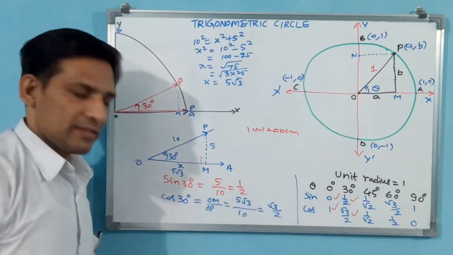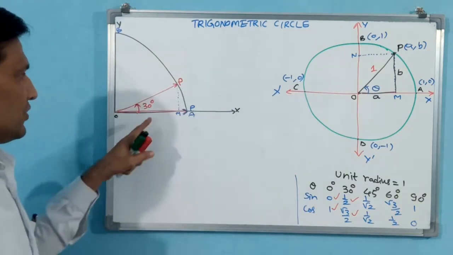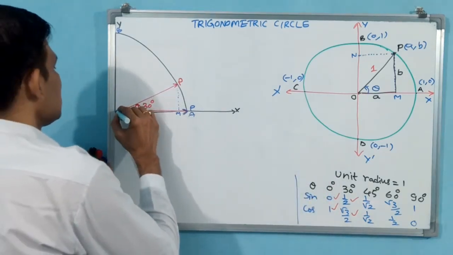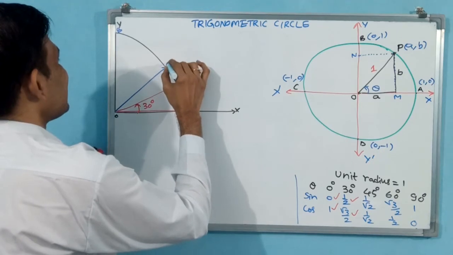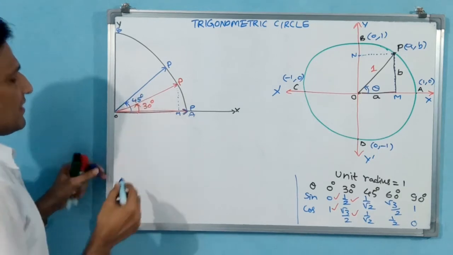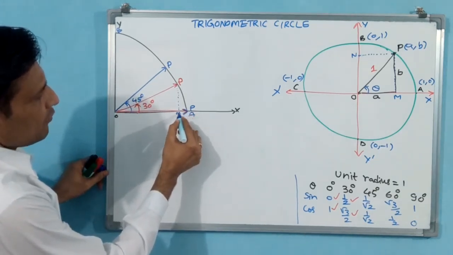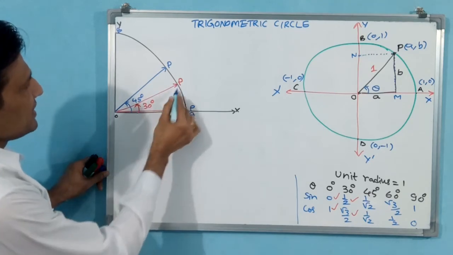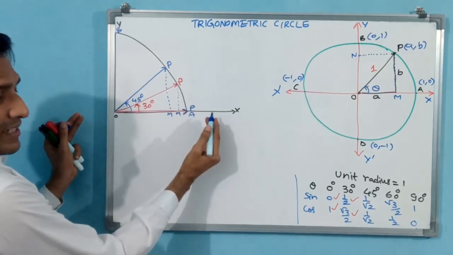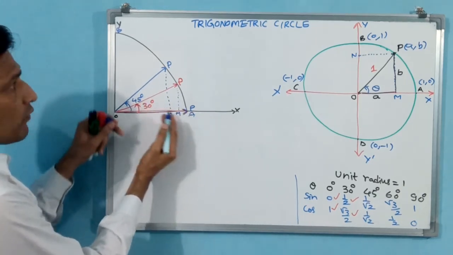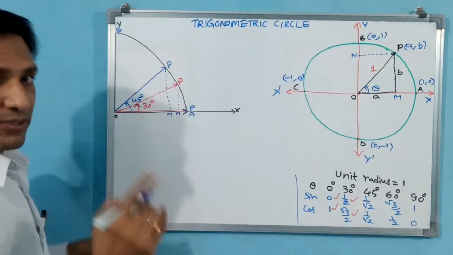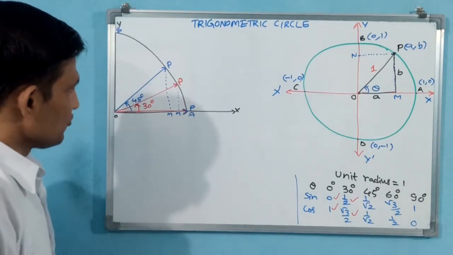Let us go for 45 degrees. Now I am going for 45 degrees. See, for 0 degrees and 30 degrees we have proved the results. Now this is 45 degrees. You see, for 30 degrees M touched here, but for 45 degrees M will touch here. That means this adjacent side goes on reducing as you increase the angle, but the opposite side goes on increasing, if you observe clearly.